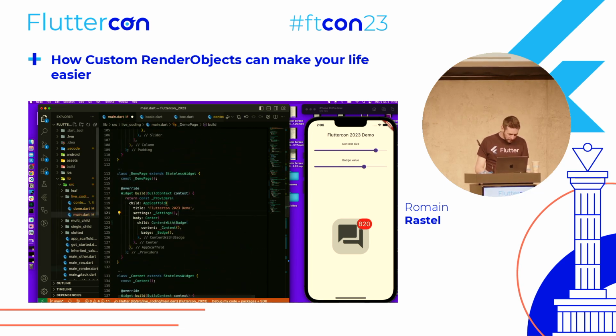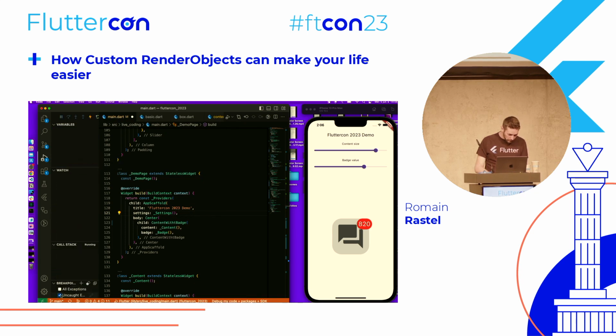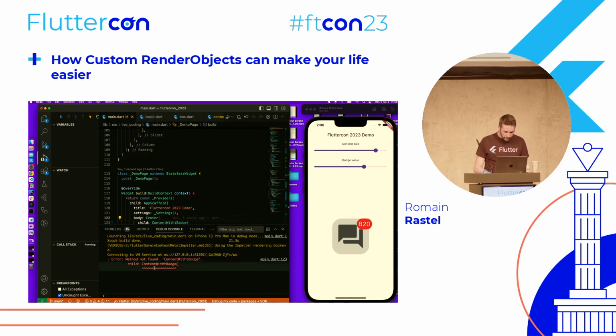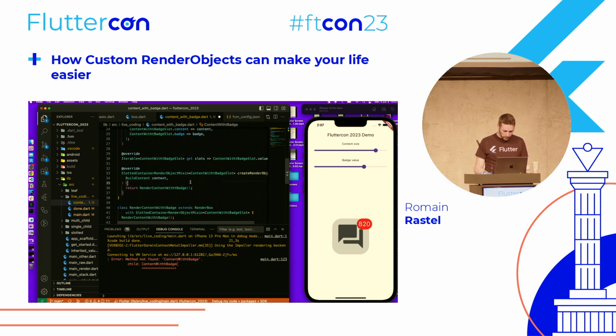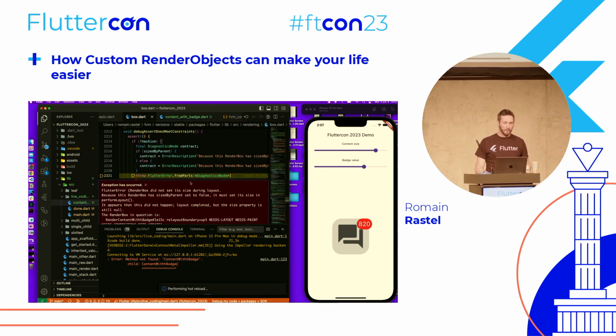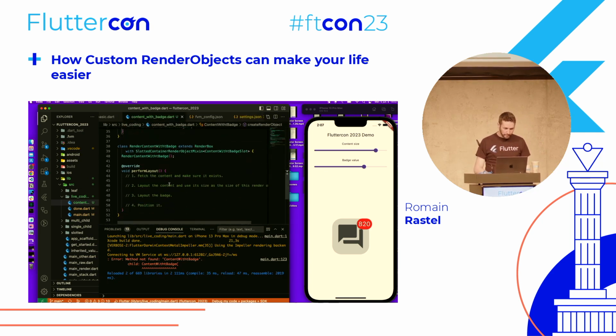Okay, and if I save, I should have an error, but that's not the error I want to have, sorry. We should have an error because, oh, I didn't save that. Okay, now we have the error I wanted. You get this error when you don't set the size in the perform layout method, like I told you before. So for that, we just need here, for the moment, not to return something,